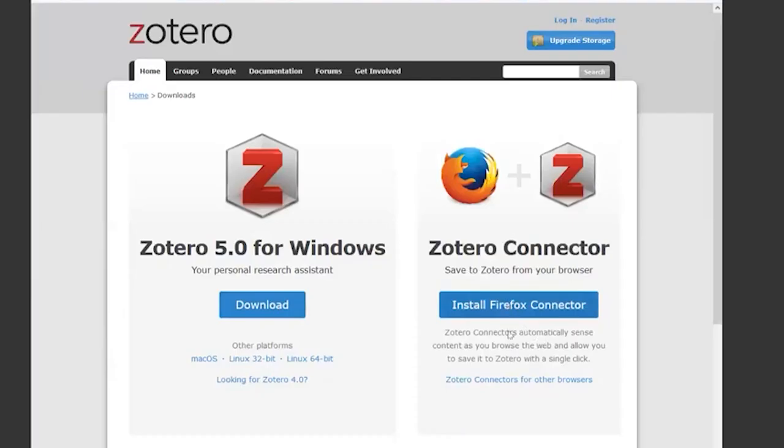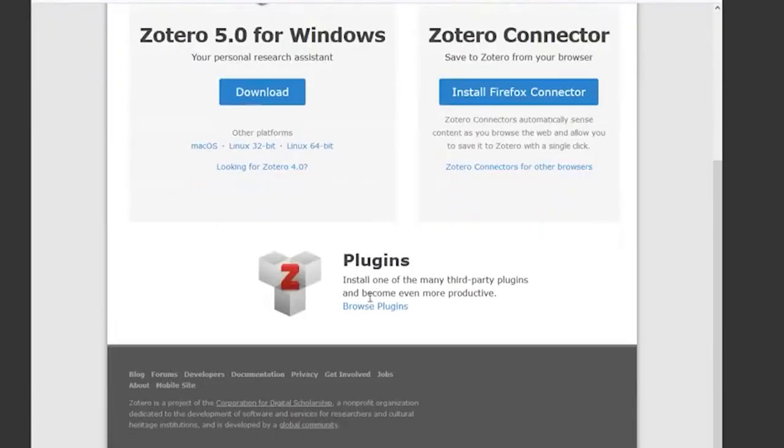And there are other connectors, so if you would prefer not to use Firefox, you can. But Firefox has always been the browser of choice for Zotero. So feel free to try other browsers. I use Firefox with it. The button for that connector's here, the button for other browsers is here, and then if you scroll down, this is where the